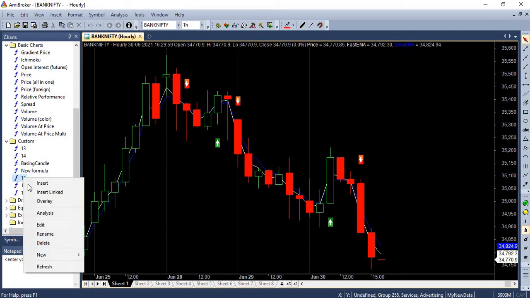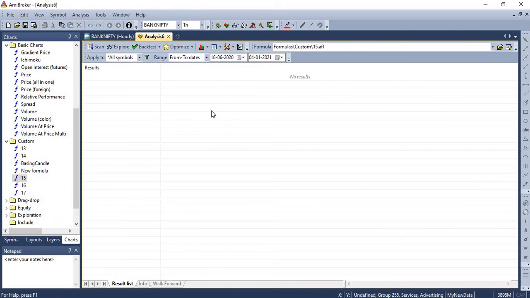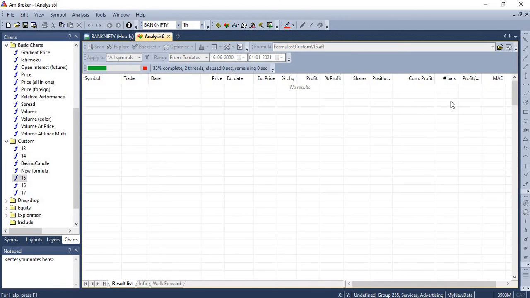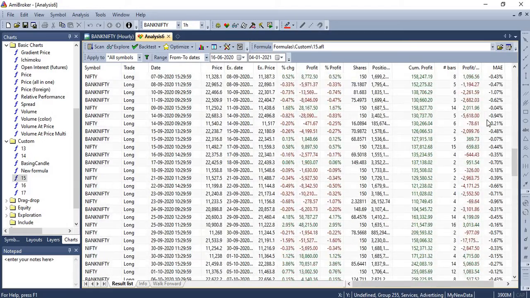So moving on to the back test, you can run the back test on the code to find its performance. So I'm going to run the back test now on Nifty and Bank Nifty for a period of 6 months. And this is being executed on a daily time frame, and I'm taking only the long positions. So I'm going to run the back test now. So I'm navigating to the reports.